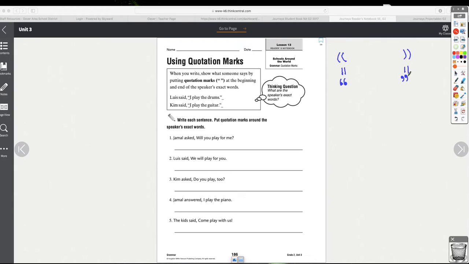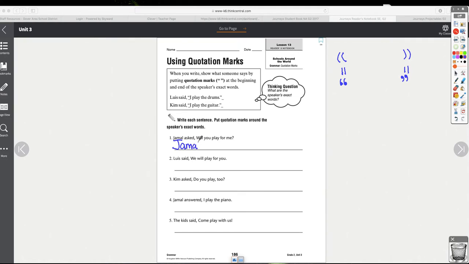So the first sentence says, Jamal asked, will you play for me? What is the speaking part in that sentence? What does Jamal actually ask, Jamie? It's right there in your book. It's also right up here on the board. And number 1. Will you play for me? That's the speaking part. So when we write the sentence,